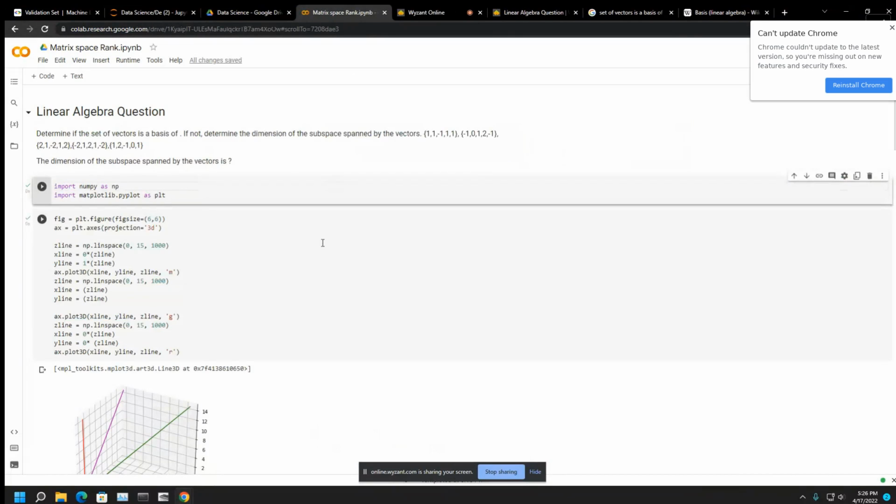So the question is, determine if the set of vectors is a basis or not. If not, determine the dimension of the subspace spanned by the vectors 1, 1, 1, minus 1, whatever that is. So